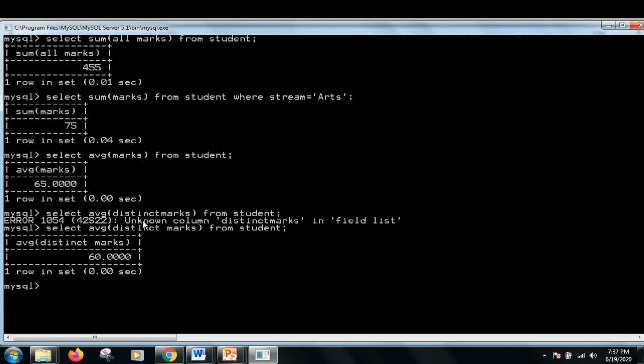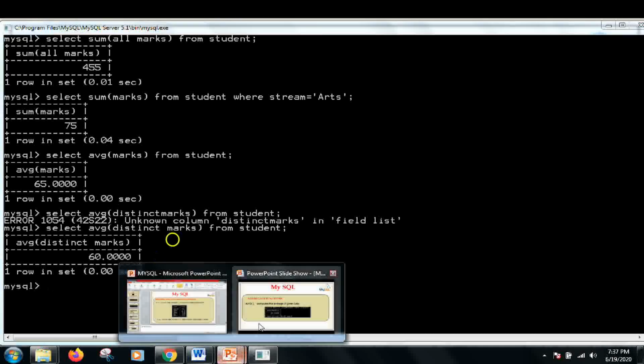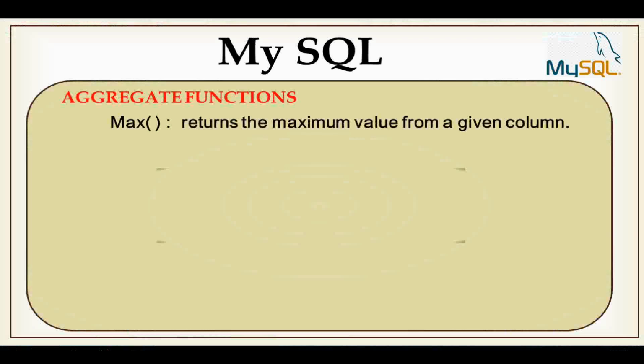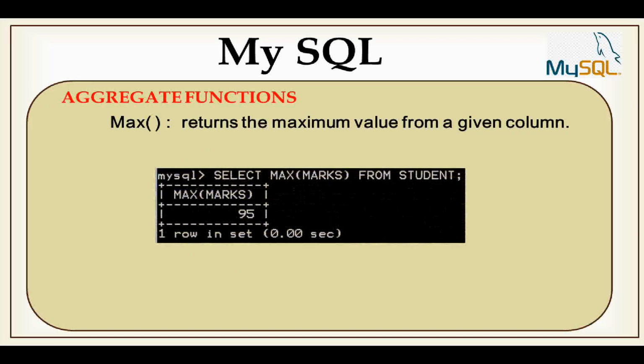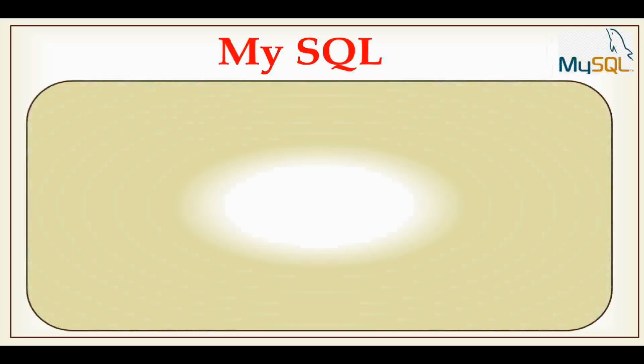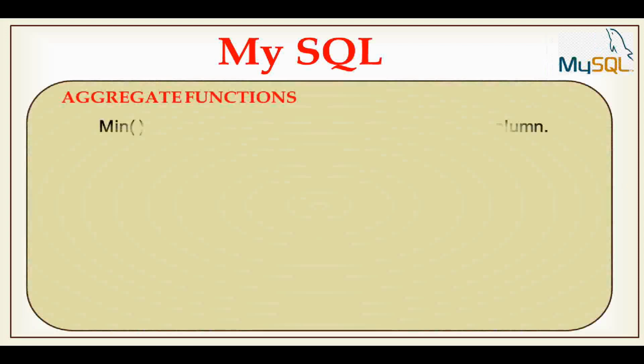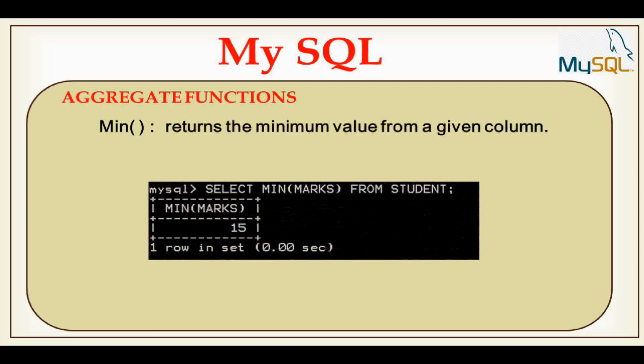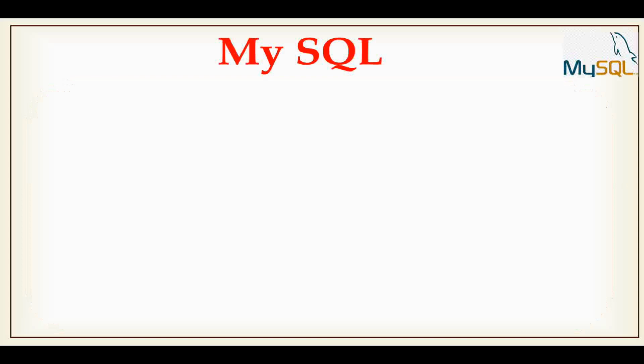You can also use the ALL keyword with the average function. So I hope you have now understood the select and average functions. Next, similarly, we have the max function, which finds the maximum value in a data range or in an expression. For example, if I want to find the maximum marks of a student, it will give me the value of 95. And there is one more function called min, which finds the minimum value from a given column. So in this example I can see that sum, min, max are showing you numbers.